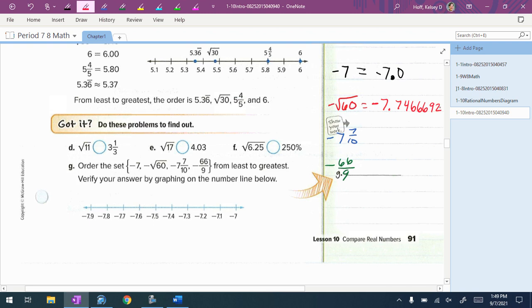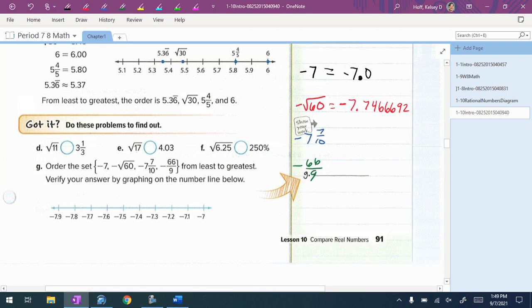Am I right? Or is there a number missing in there? Like that. Okay. -7 7/10 would be